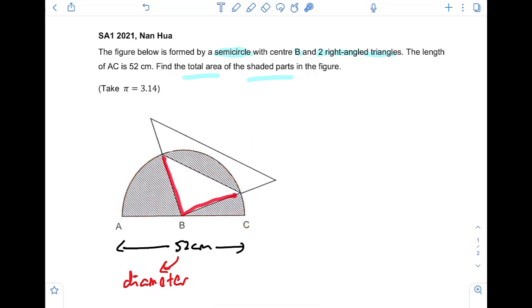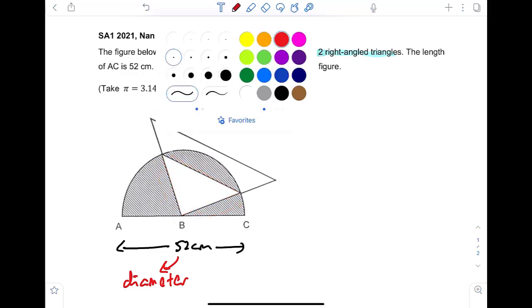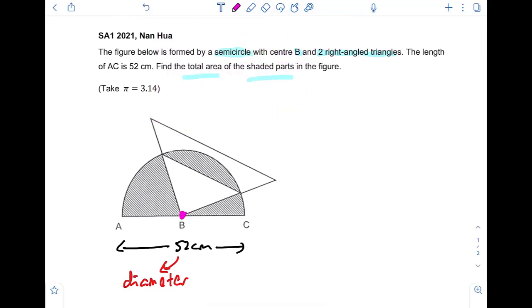So this right-angled triangle, what is the base, what is the height? Now what we notice is that the right-angled triangle starts from the center of the circle and goes to the edge. So what is that value known as? That is actually the radius. As long as you're going from the center to the edge, it is known as a radius. So first step, we take 52 divided by 2. We're able to find the radius of the semicircle, which happens to be the base and the height of your